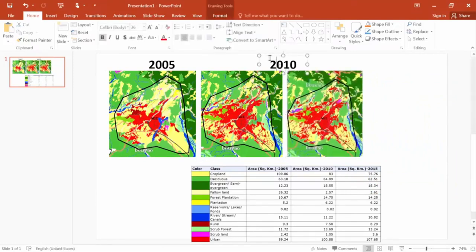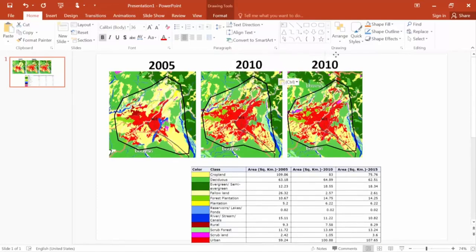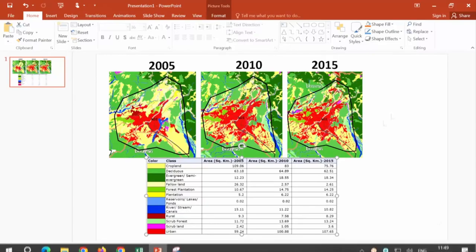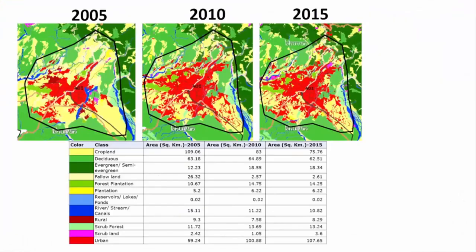Okay, this is 2010 if you see, and this is again I will just copy it here, Control C, Control V. This one is now 2015. Okay, so this is one experiment we have done. A big experiment, became quite big, but anyway you tried this also. Now if you see here, this experiment we have performed, and this is the output of our experiment. Okay, in 2005 you can see lots of agricultural land is visible, but the same thing in 2010, slowly it has increased. Now it has gone into this urban land, and in 2015 it is further increased.